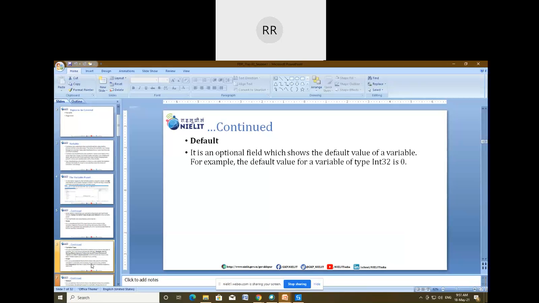This is about all the four different types of field for variable creation. Again, I'm summarizing those four fields. Out of the four fields, the name field, the variable type field, and the scope field are mandatory, but the default field is optional, and that depends upon the application whether we want to utilize that default field or not. Otherwise, we can leave the default field blank. Okay, so this is all about the variable panel.